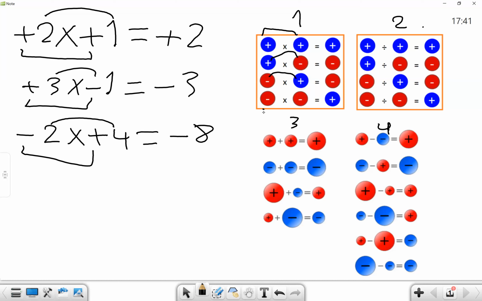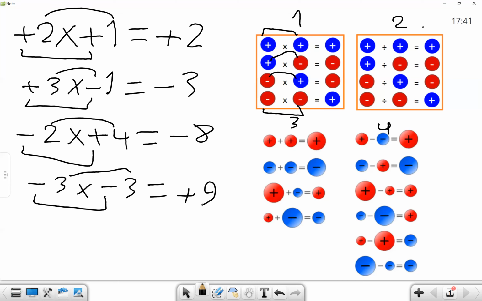The last one, negative times negative equals positive. As you see in the picture, negative 3 times negative 3 equals what? Negative times negative, for the signs, equals positive. 3 times 3 equals 9. The result is positive 9. As you see, guys, in the picture,